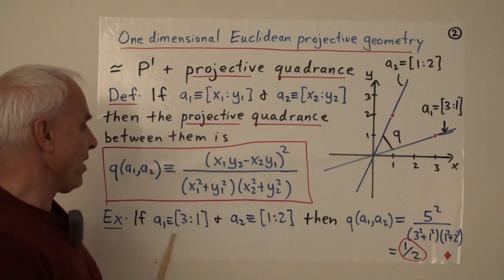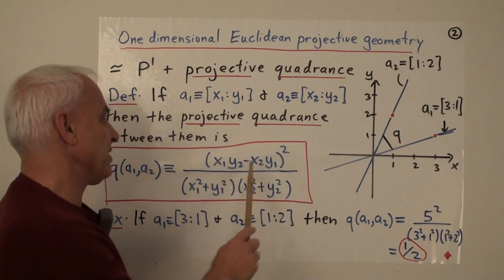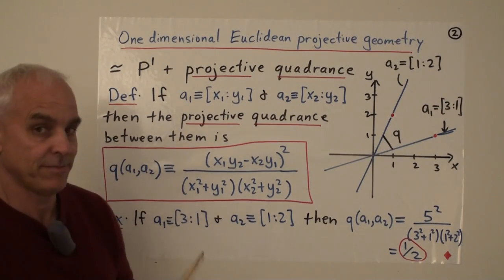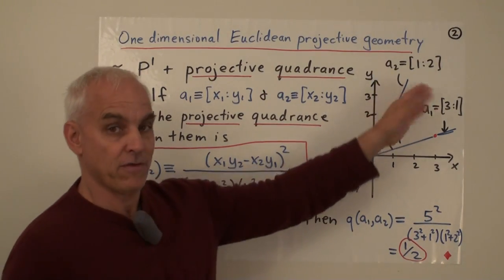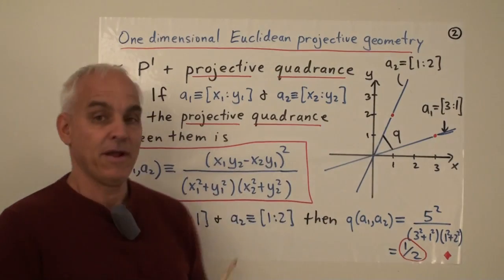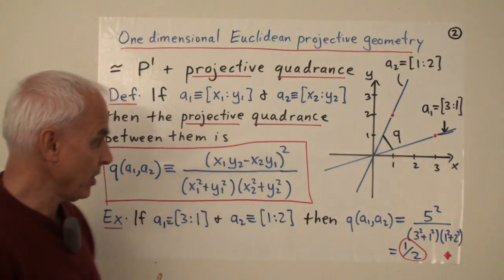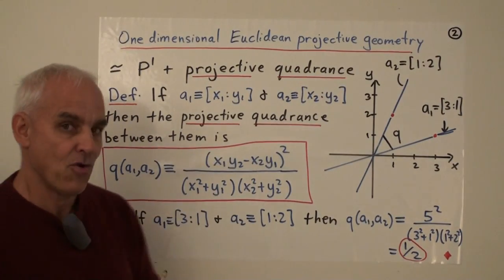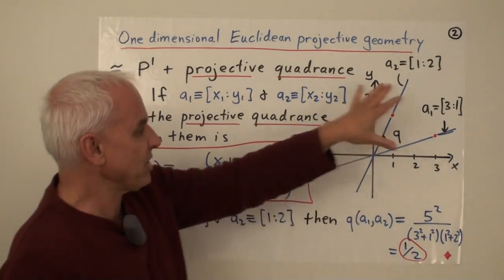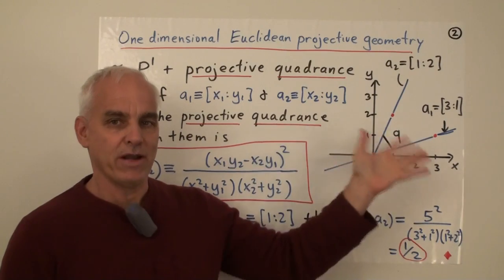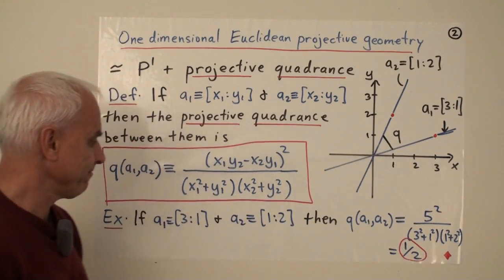And you may remember from our discussion in the affine case that this thing here has the form of a determinant, and it's really the area of a parallelogram squared that we're talking about, or the quadrea of a parallelogram up to a scalar. So it's really like a normalized quadrea of a parallelogram, but we're actually thinking about starting just in the one-dimensional situation here.